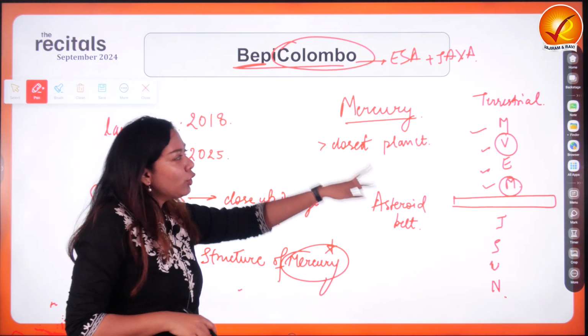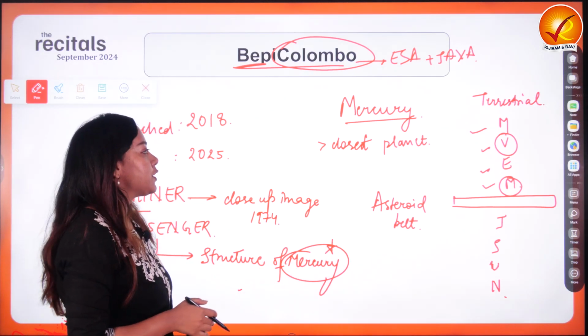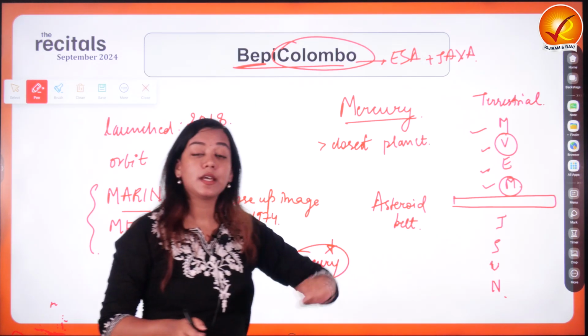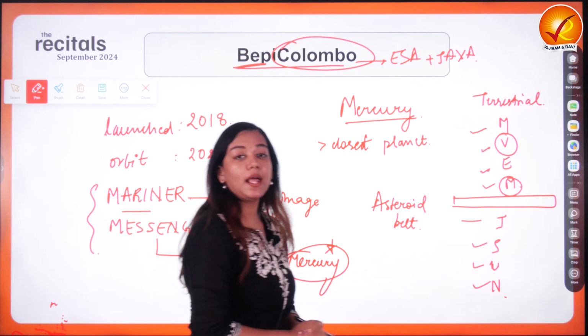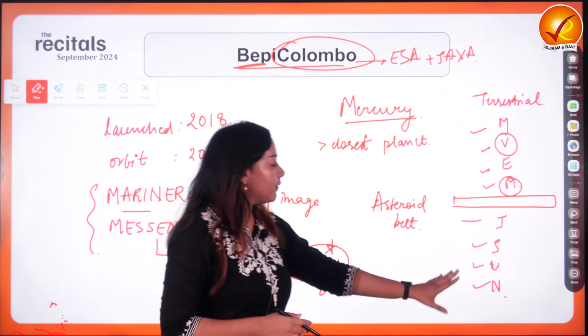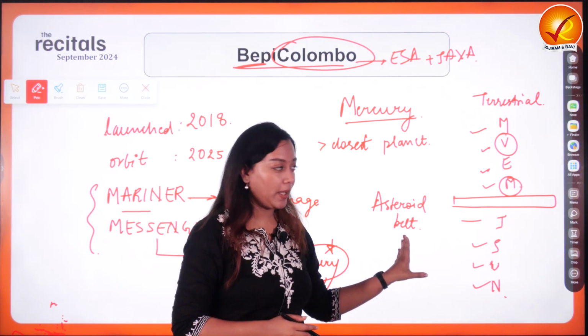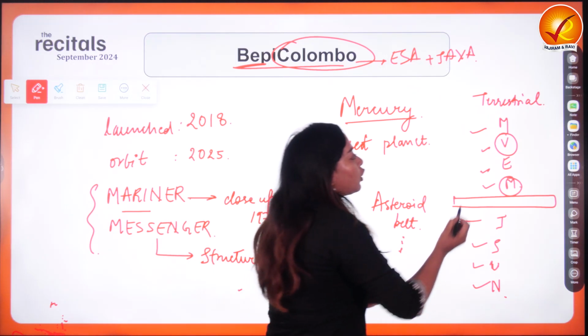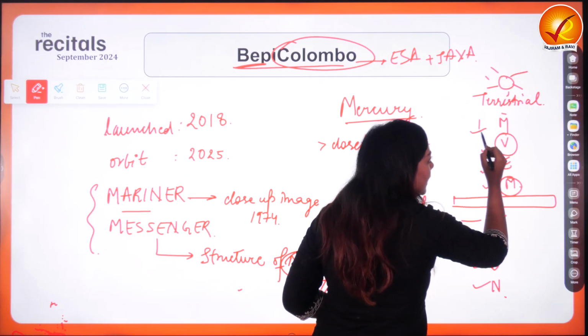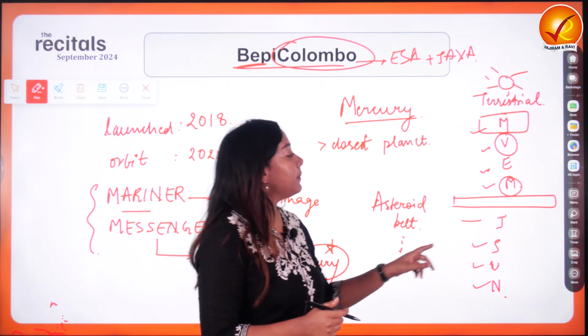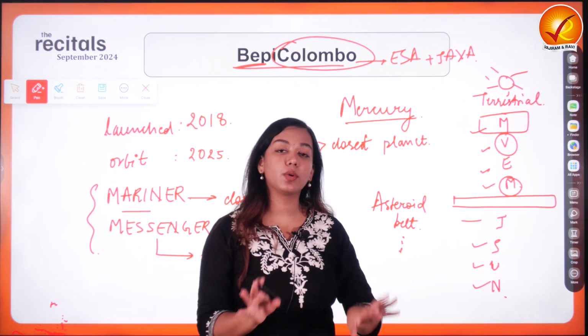Now, moving you back towards the division between the terrestrial and the Jovian planets. The Jovian planets are Jupiter, Saturn, Uranus and Neptune. Is Pluto a planet? Not anymore. And these two groups are divided by the asteroid belt. I can see that the closest to the sun is Mercury. And still, if I ask you, which of them is the hottest planet in the solar system?